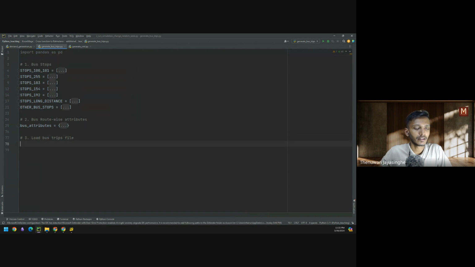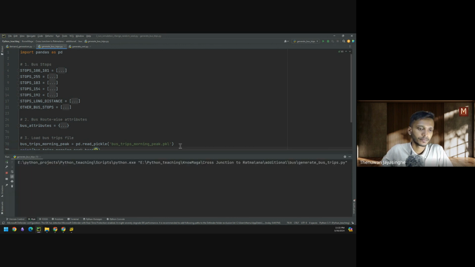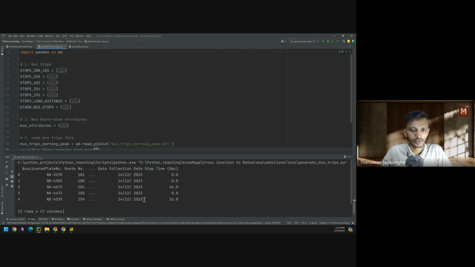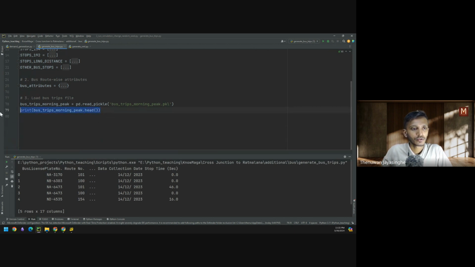And then I can say bus strips. I can read this pickle file, this one, right? So let me quickly, yeah, so this is the file, right? So then